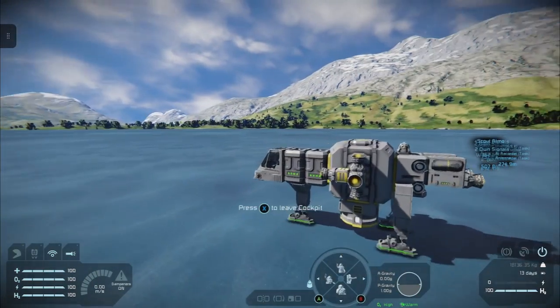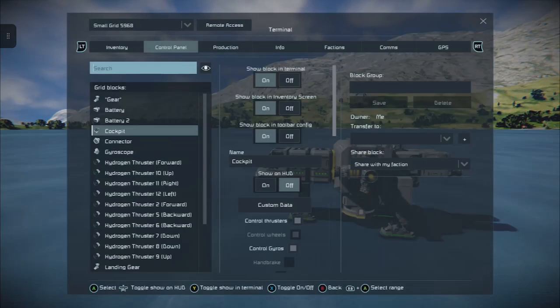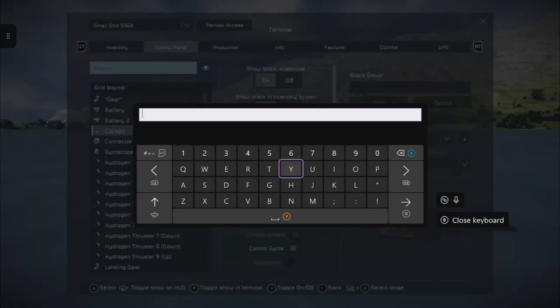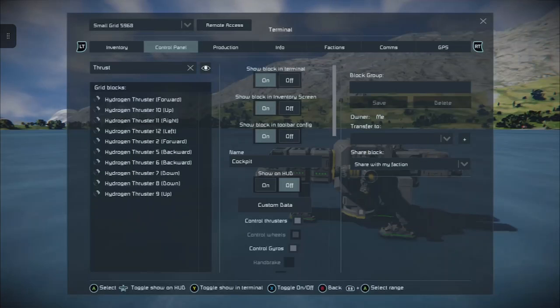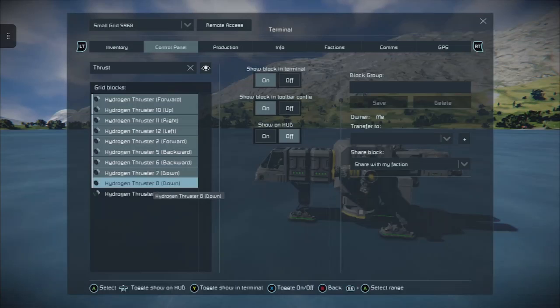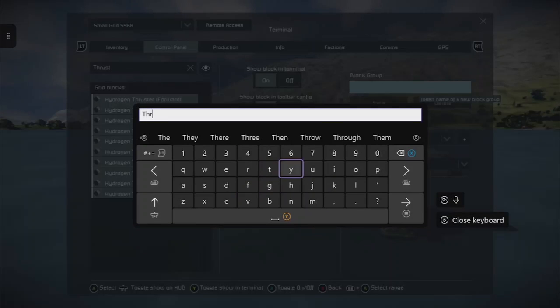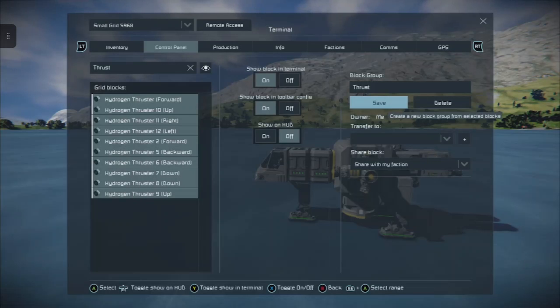You can also group your thrusters in the same way. So while in this menu, if you want to group your thrusters, the best way to do this is to type the word thrust, and you'll get all of these. So just hold down RB, hold down A, and then just tap down on your D-pad until you get to the last thruster. Change the name like so, hit save,